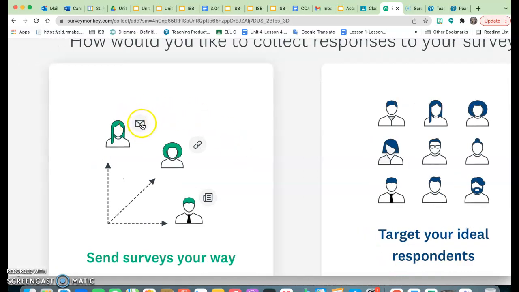I can email directly to people using their emails. I can post a link to social media, to Facebook, to one person's email so they can send it to other people. And we are going to use this one to post to our discussion board. Or I can make a print document to print out and hand a paper copy to people. We are going to click on the link. So I click the link,